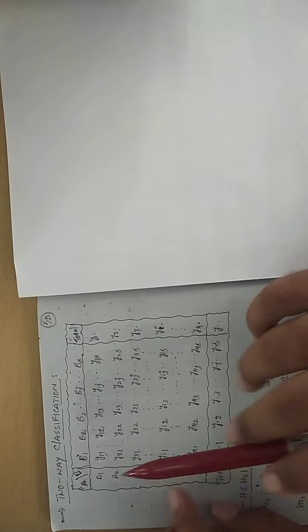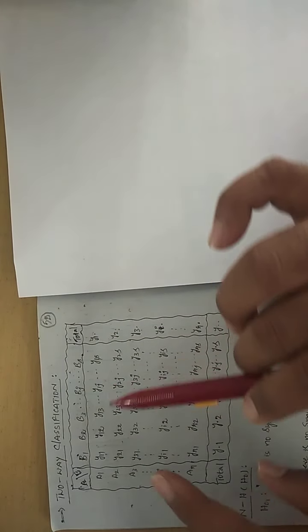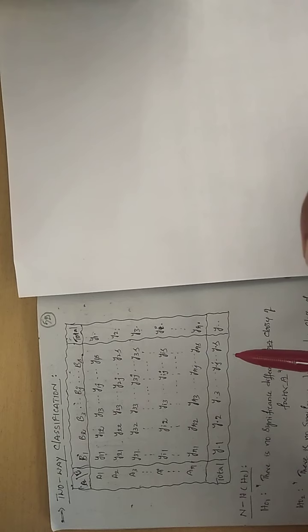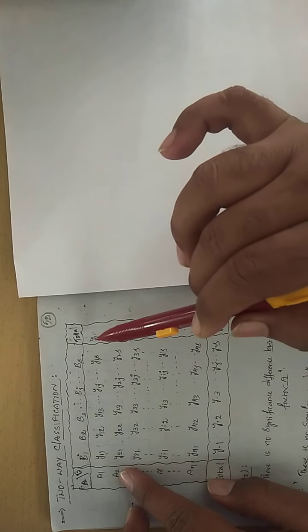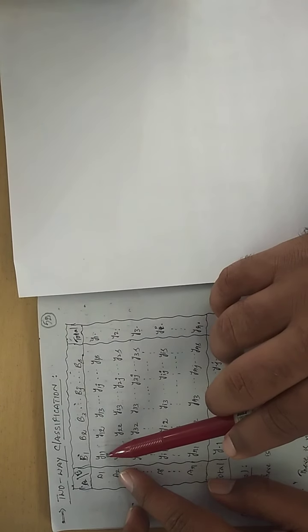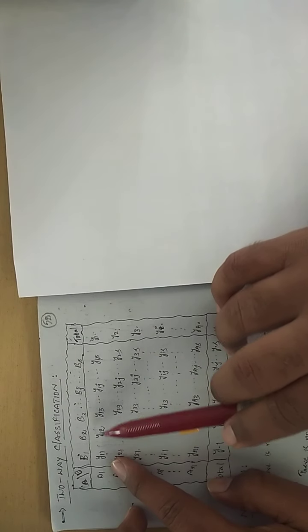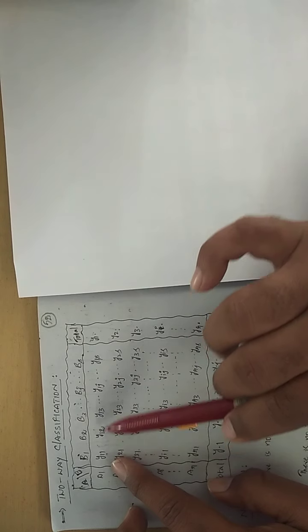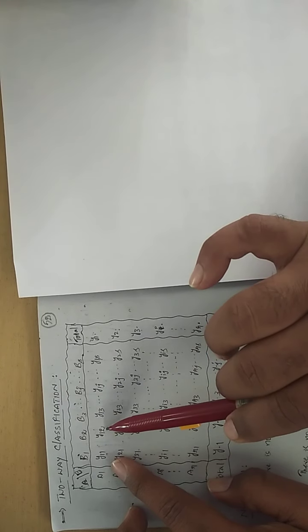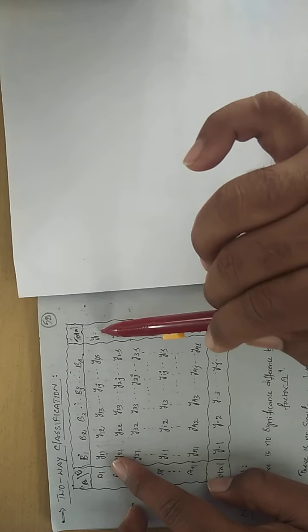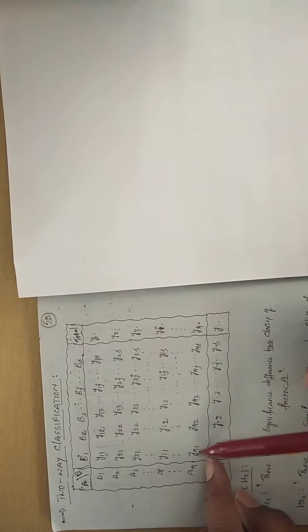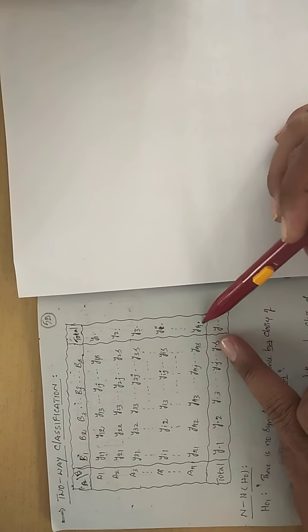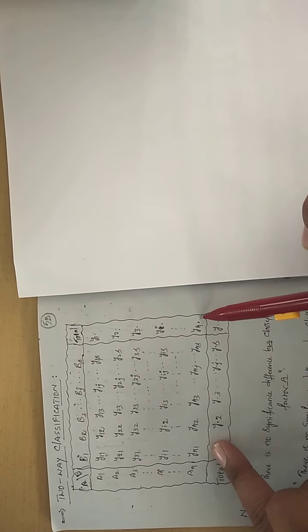Now you see the totals, because if you understand the notation format, doing a problem is going to be very easy. So A1 total, what is that? Y1 dot. That means the first element of these two suffixes is common, 1, 1, 1, that I am writing. Wherever the change is there, that is in the second element, hence I am putting a dot. Same way, let us go to the last row, YR1, YR2. Like that, the total is going to be YR dot. The second element is changing, hence dot.